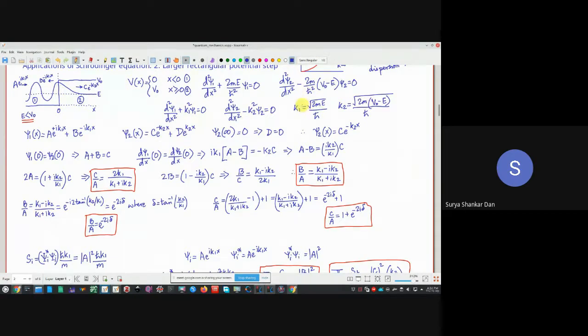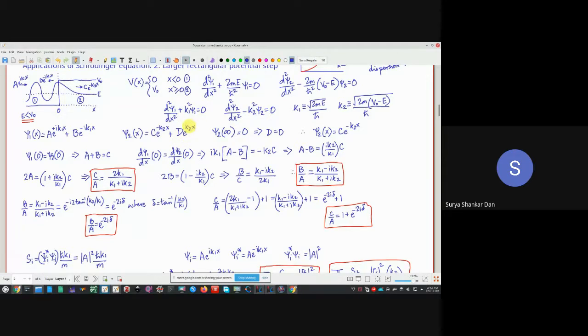So let me just put that these are equal by definition. Now the psi1(x) is this, psi2(x) is, look, here there is no I because here there is a minus. Okay, this doesn't have a minus sign. This doesn't have an I over here. So what is the meaning of this? It means that this factor, C e to the power of minus k2x, means that as x increases, psi2 decreases. Whereas in this case, e to the power of k2x means as x increases, this part will increase.